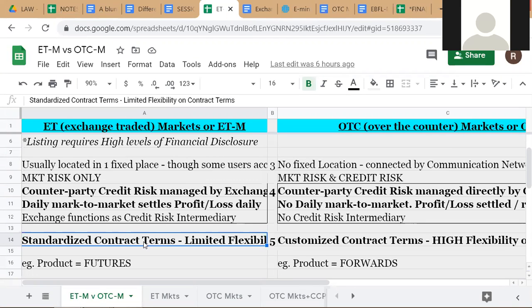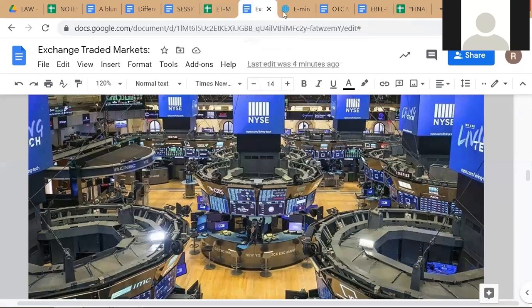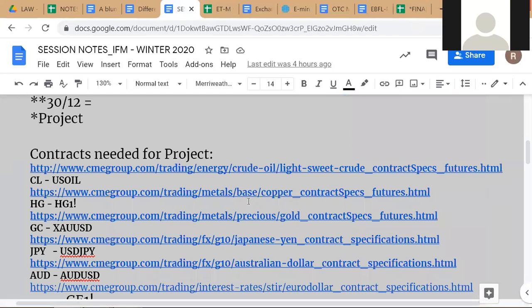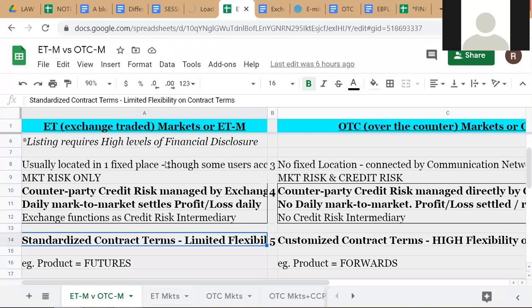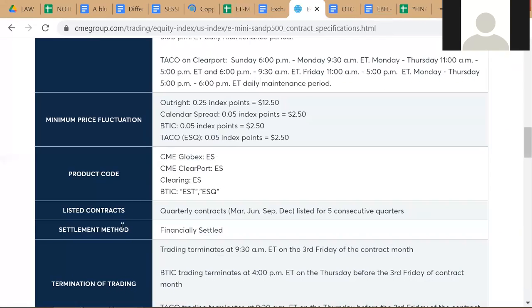And one of the elements of standardization is talking about how you're allowed to settle the positions that you create in these contracts. In the case of copper, if you have a short position, you can settle it by delivering physical copper, but they have also standardized exactly what grade of physical copper you can deliver. But here, we'll contrast this with copper once again. We'll open this and we'll show you that in the case of the E-mini S&P 500, the settlement method is